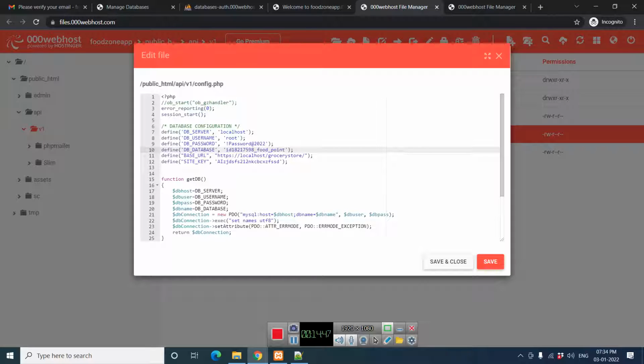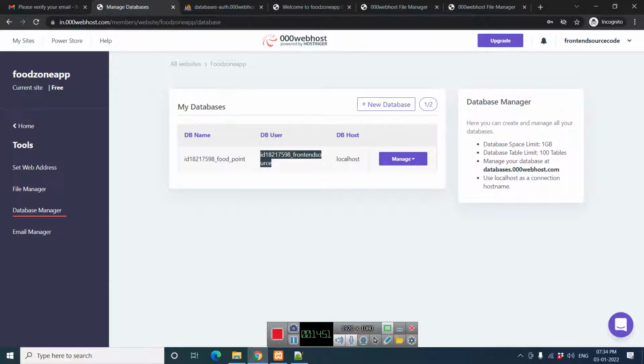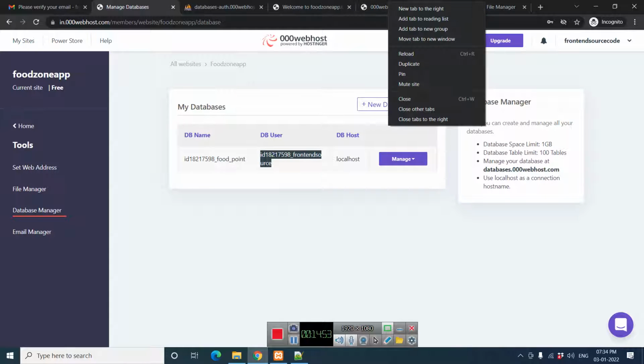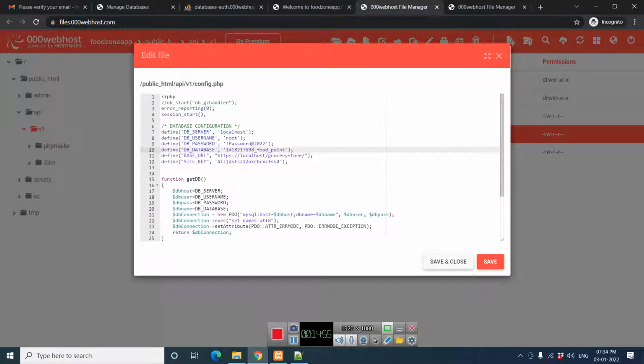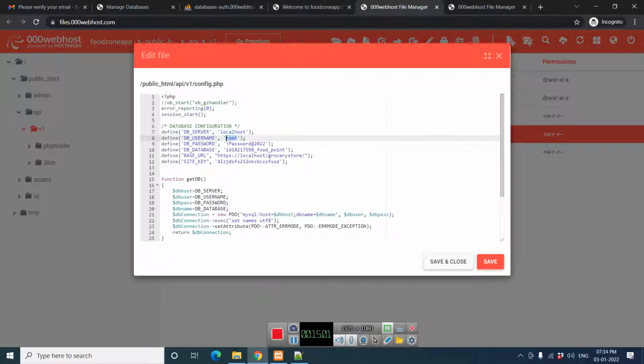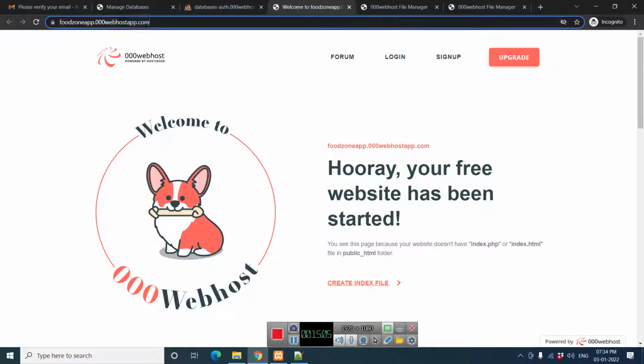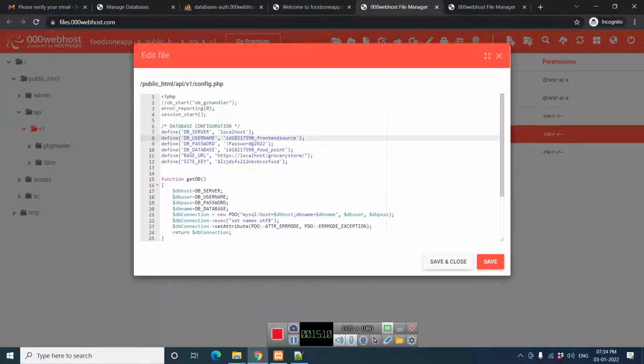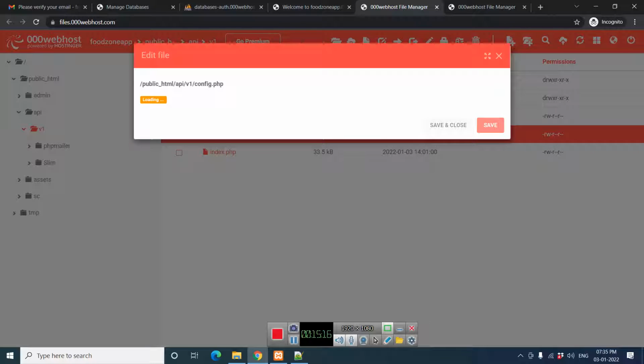Then the username, we have to copy the username. Then we'll copy the URL. Now everything is set up, save and close.